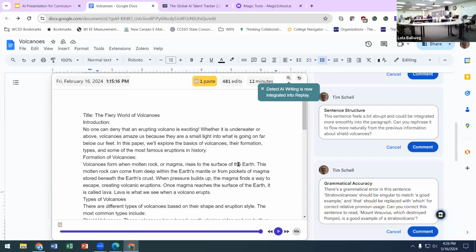Where did that information come from? It doesn't seem to be cited anywhere, rather than maybe pointing the finger right away. Yeah, great conversation starter. There is a detect AI writing tool. I always tell teachers,